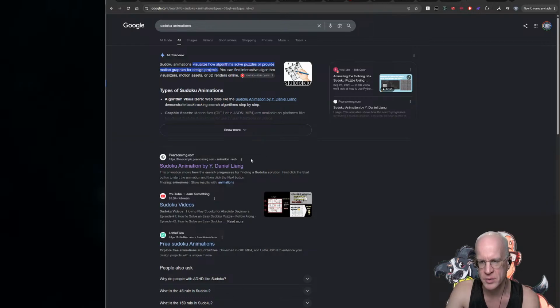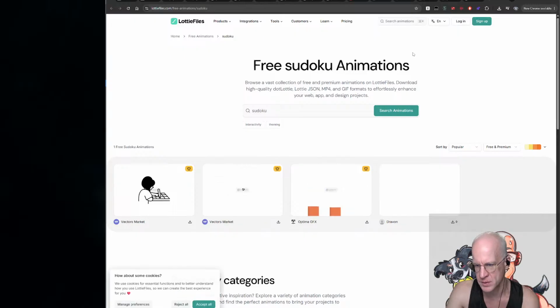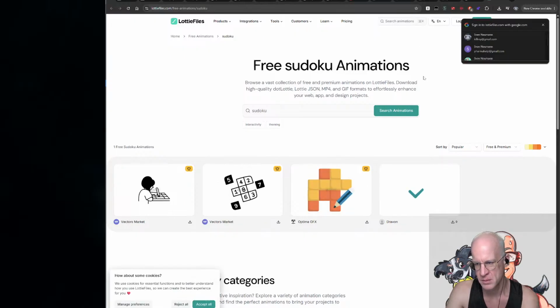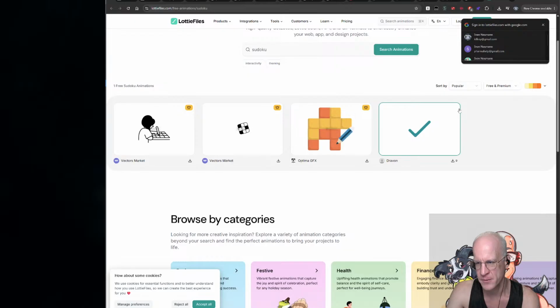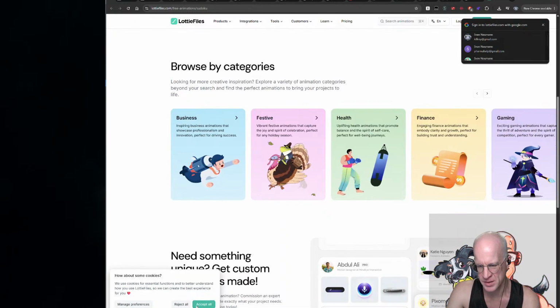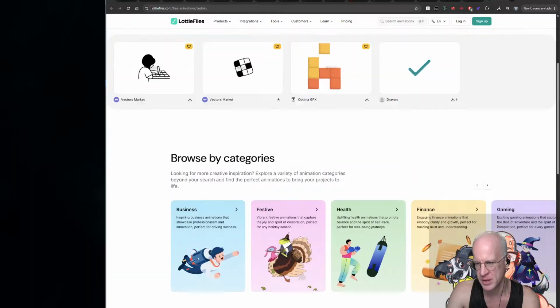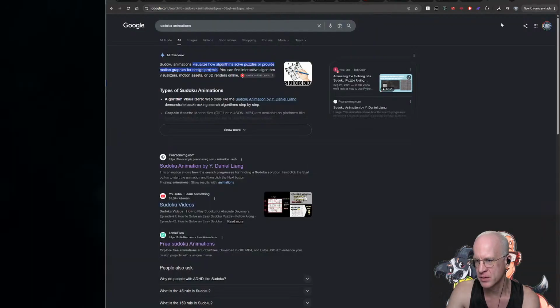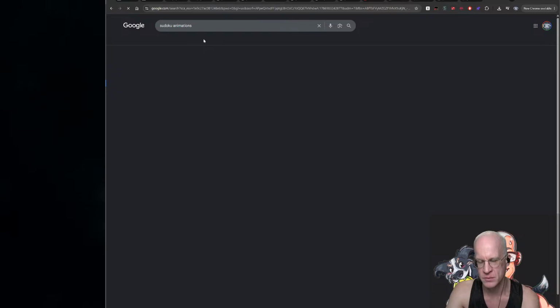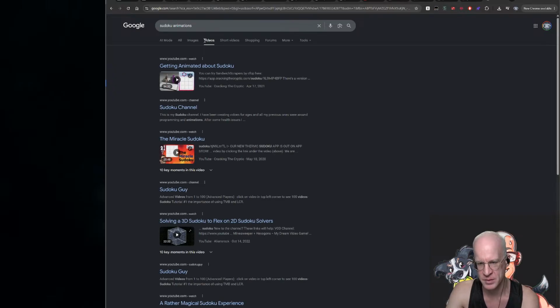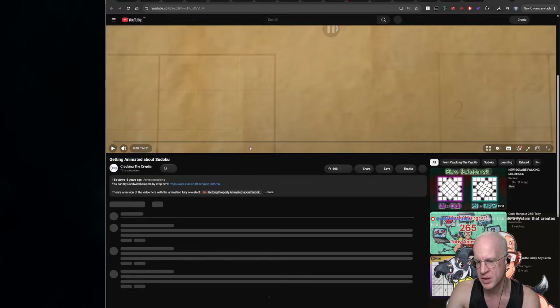Free Sudoku animations. I'm a bit worried that I'll stumble into a site that isn't... But this is, yeah, it's like logo stuff. Oh, it's just a pre-made animation site with a pre-made search that made its way into the search results. Sudoku solving, getting animated about Sudoku. Okay, that's not cracking the cryptic video. Oh yeah, I remember somebody did like a 3D animation of